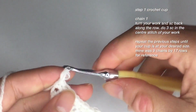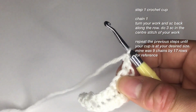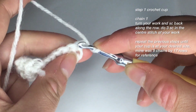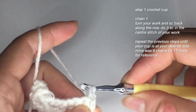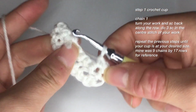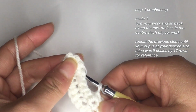Now you're going to chain 1 and then turn your work around like so. And now you're going to single crochet back into every single stitch. So just like that. And when you reach the center stitch at the top here, you're going to do 3 single crochets in one